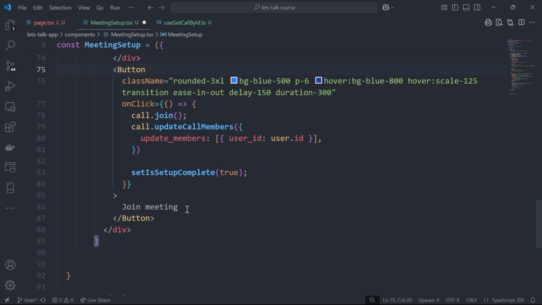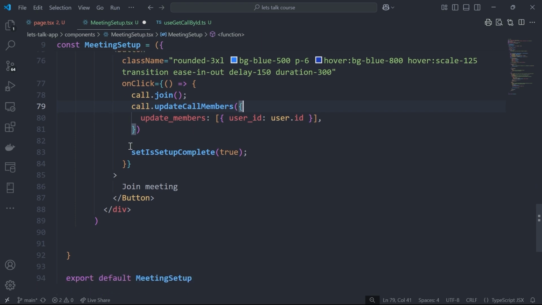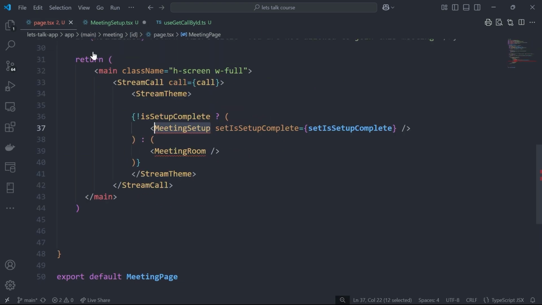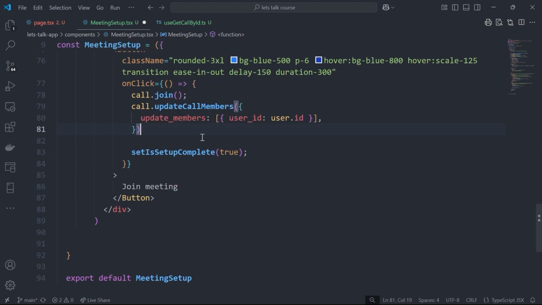Here, when the user clicks on the join meeting button, we're gonna call this function call.join, which will allow the user to actually join the call. And we're gonna update the call members to add that specific user to the call members. And then we're gonna set the setIsSetupComplete to true, which will allow this component to render the meeting room. So let's save all of that and